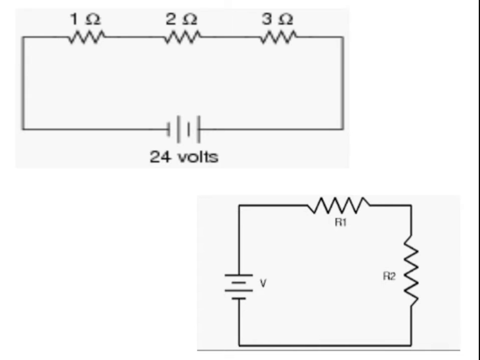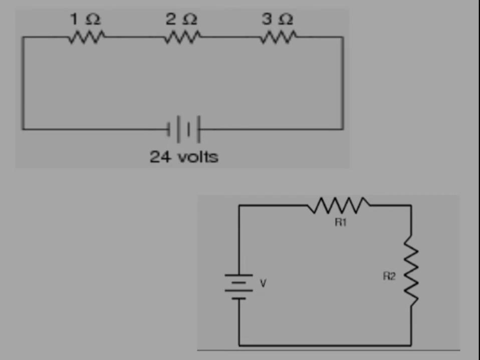Fine. And our total resistance just adds up in a series circuit. For example, if a question comes asking what is the resistance of the first circuit, then you are going to write, my friend, 1 plus 2 plus 3, that is 6 ohm. And the resistance of a series circuit is always more than parallel. In our next video, I'll explain what a parallel circuit is.